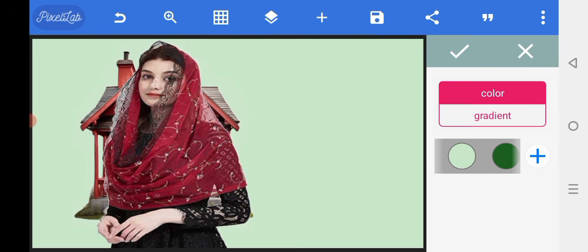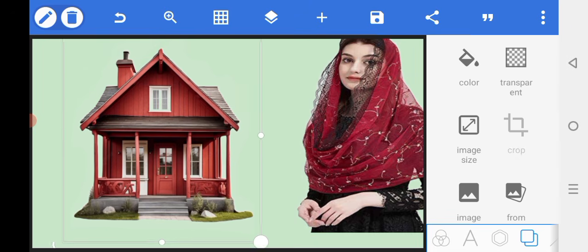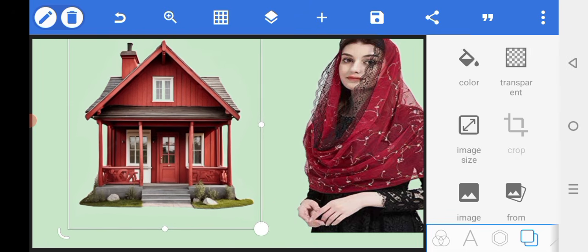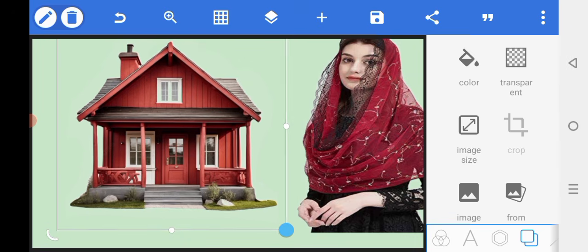How to make a designing photo editing on Pixel Lab easily. Open the Pixel Lab, select a photo, remove the background color, adjust the photo, select another photo,